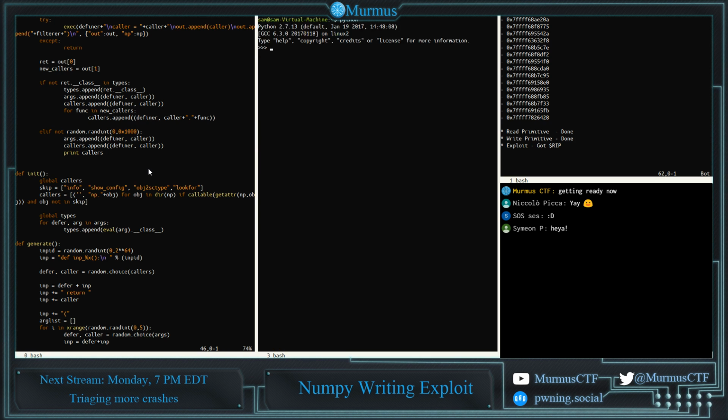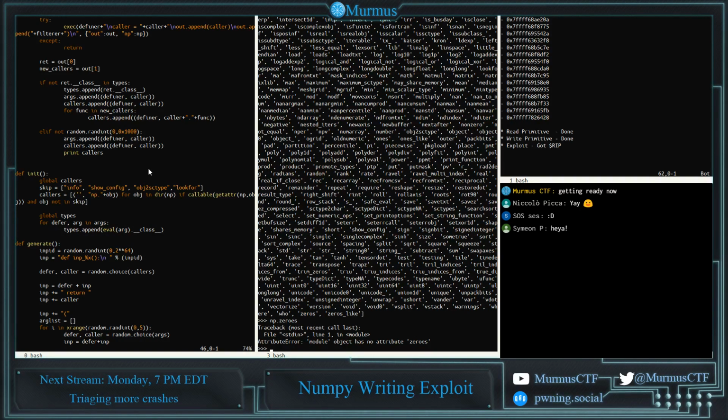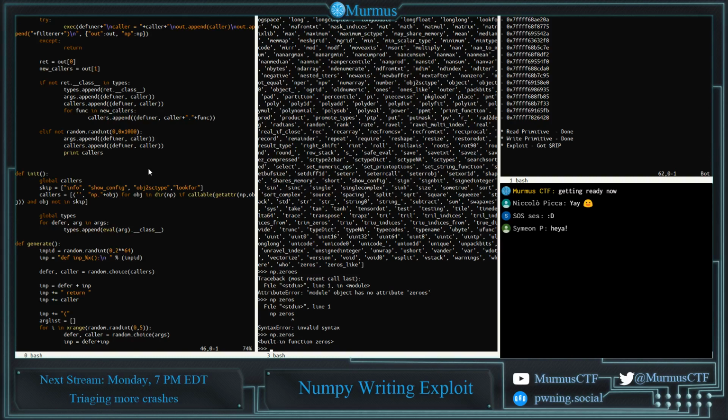so if I do Python import numpy as np, there's a bunch of stuff in here. And there's things like zeros. Is this going to be one of them? Oh, they misspelled zeros, I guess. Jeez, and I can't type, apparently. Oh, I guess that is a function. Well,